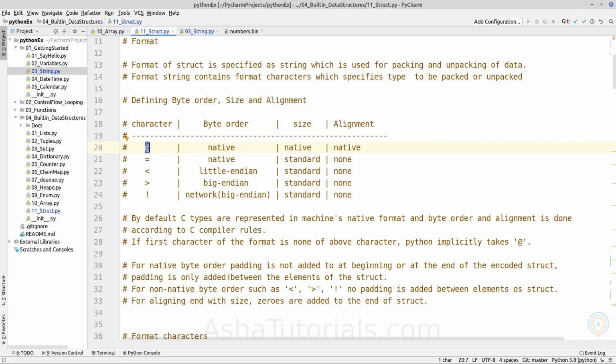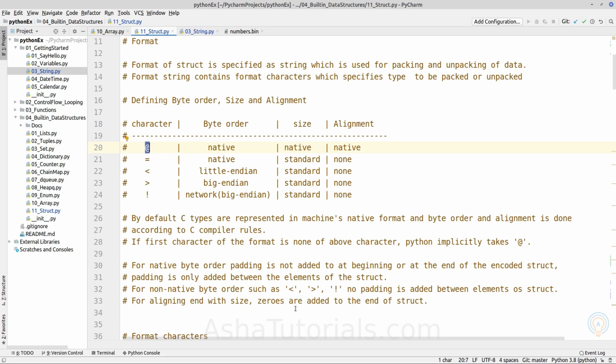For native byte order, padding is not added at the beginning or at the end of an encoded struct. Padding is only added between the elements of a struct. For non-native byte orders such as little endian or big endian, no padding is added between elements. For alignment with the size of a struct given, zeros are added to the end of the struct.